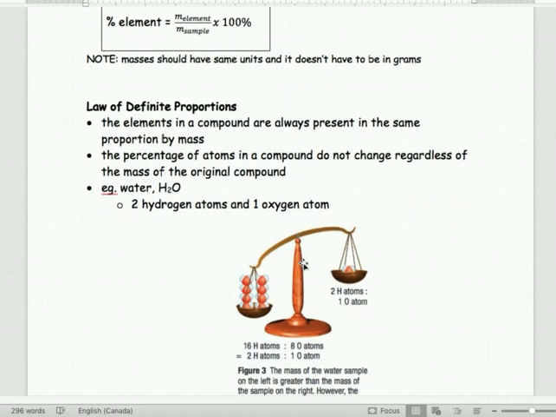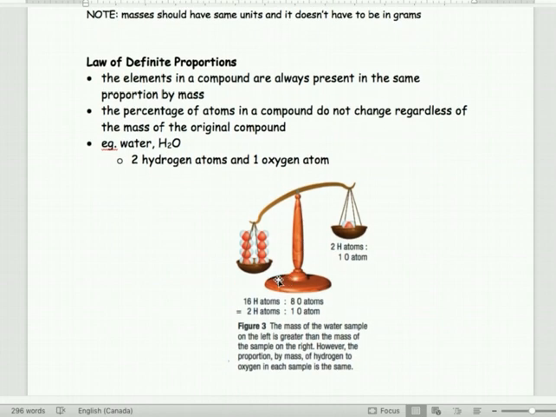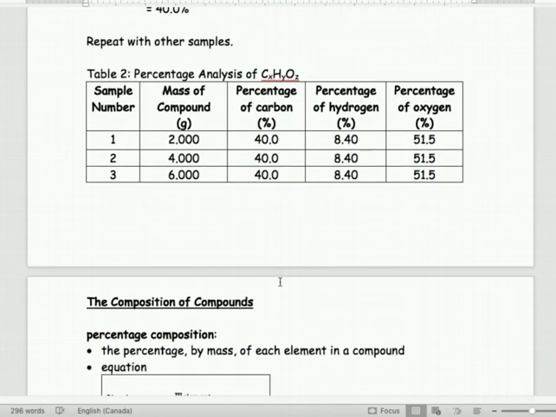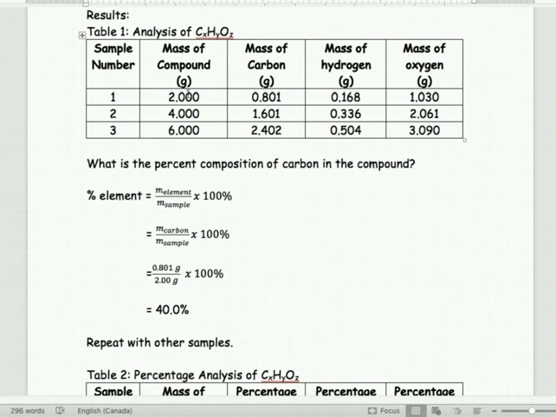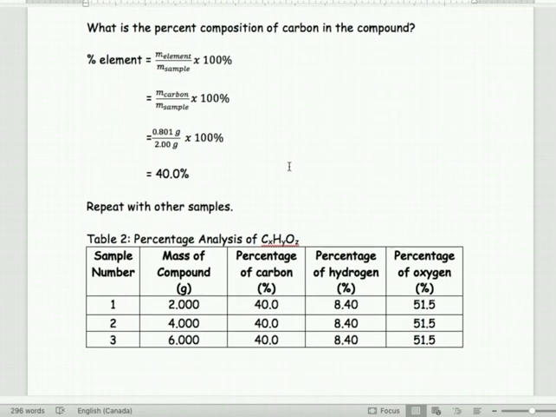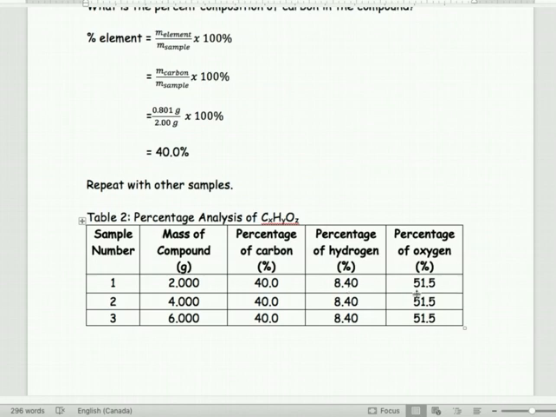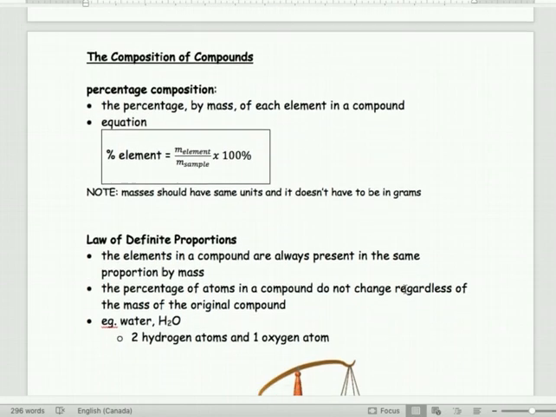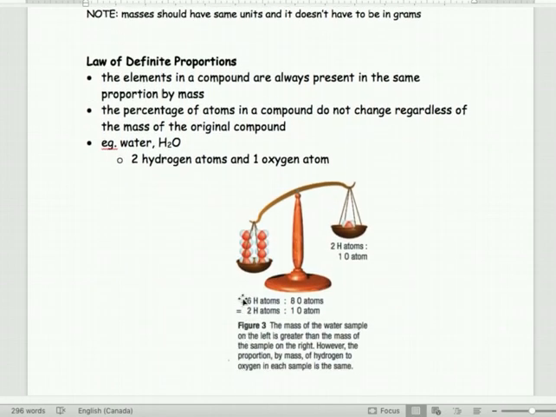So like you saw back in the analysis here, it didn't matter what mass we added into our analysis, we ended up with the same percentage of all the different elements. Here we're showing, what if we took actual molecules of water? If I take one molecule of water, we always have 2 hydrogens and 1 oxygen in a molecule of water. So even if I take